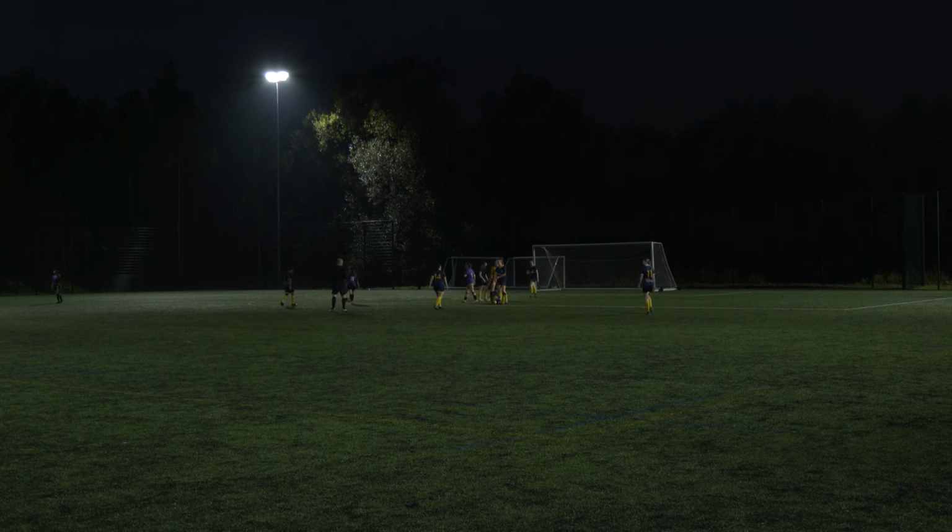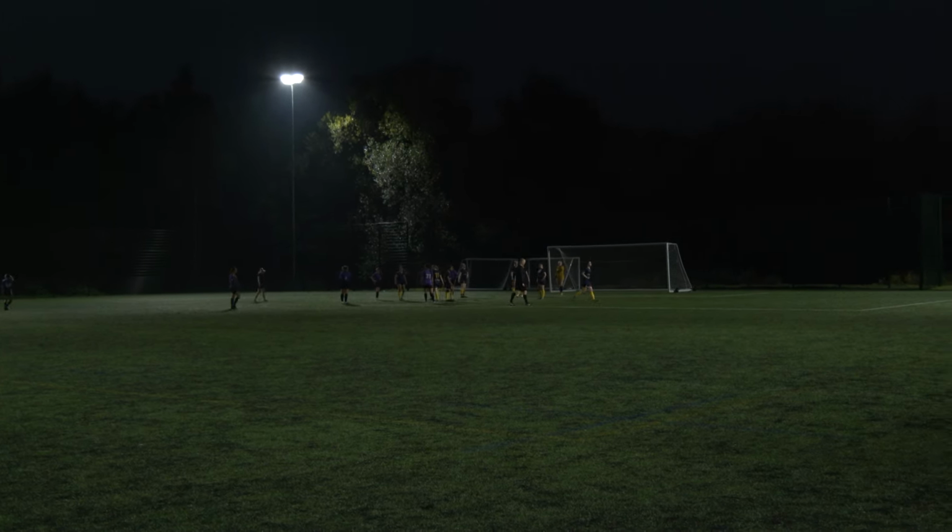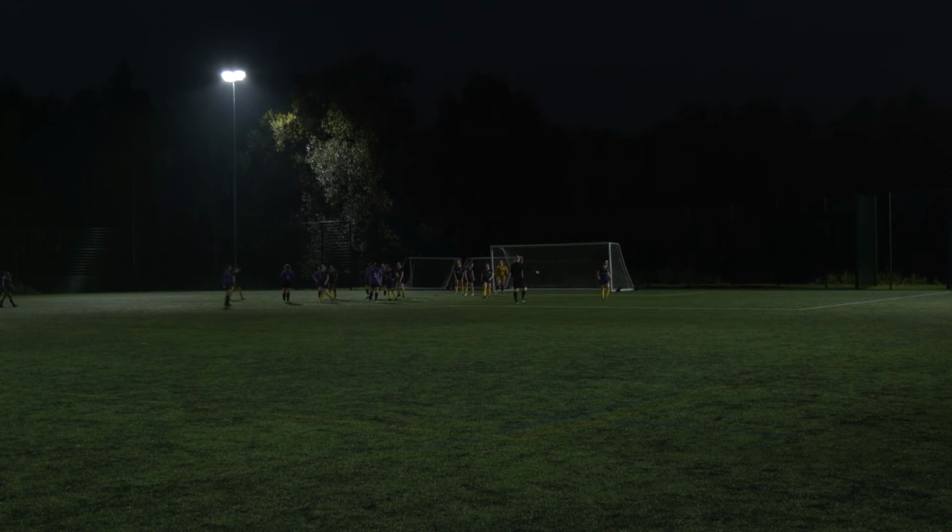But you're always going to need help from a defender, because that is what the game of football is about, and it's out for a corner, which I'm sure Salford would be very happy with. Number 6 is down here, but she looks up. She's a tough cookie. I think she'll carry on. We're approaching the final 15 minutes of the game now, as Salford have to defend this corner from Leeds